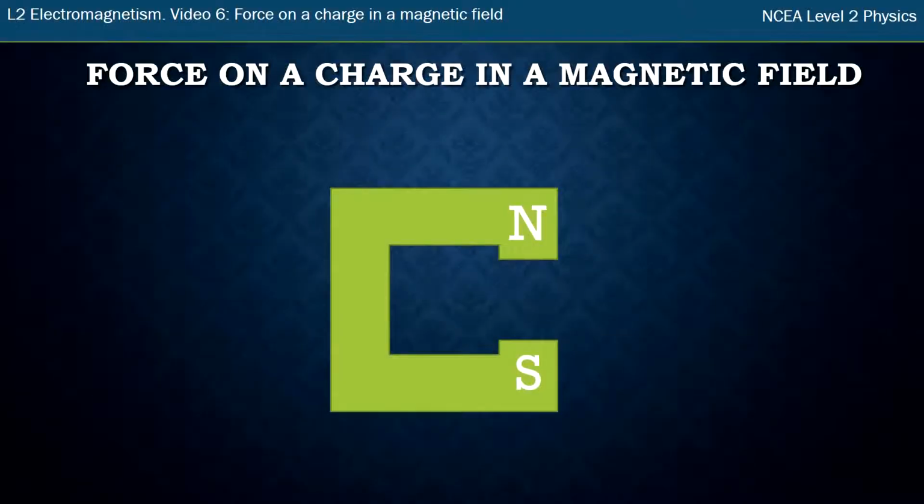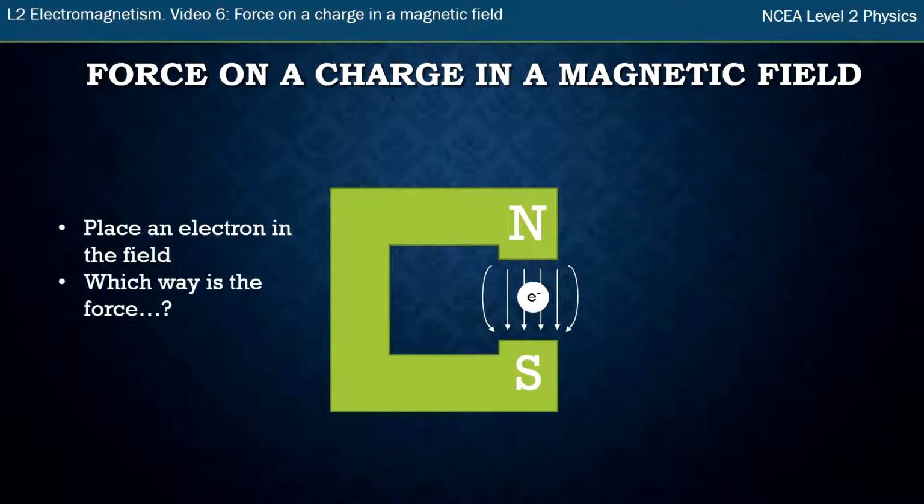This is the sixth video in the Electromagnetism series where we're looking at the force on a charge in a magnetic field. So I've got a horseshoe magnet here, and this is the magnetic field it has. It points from north to south. And if I place an electron in the middle of that field, the question is, which way is the force